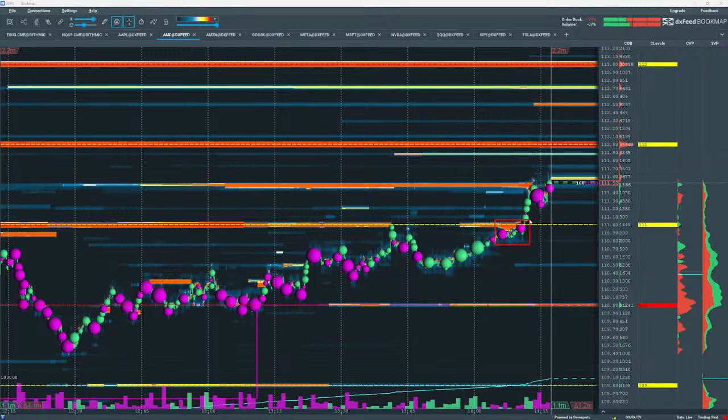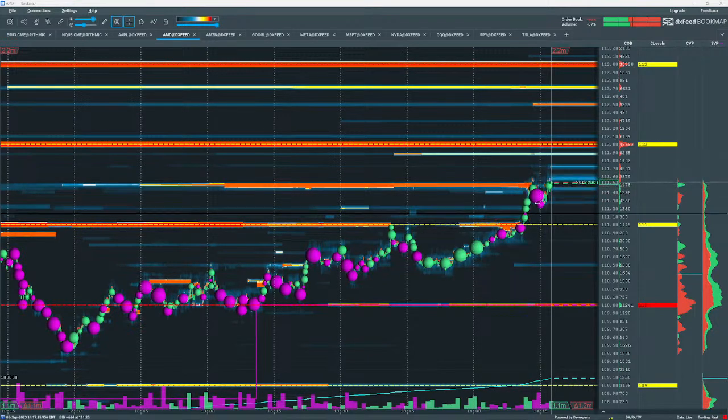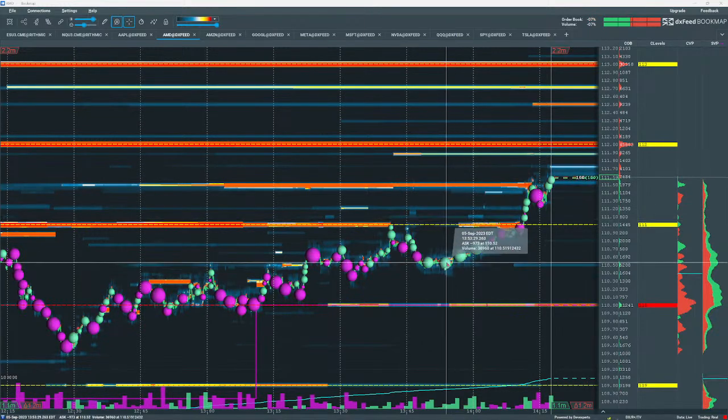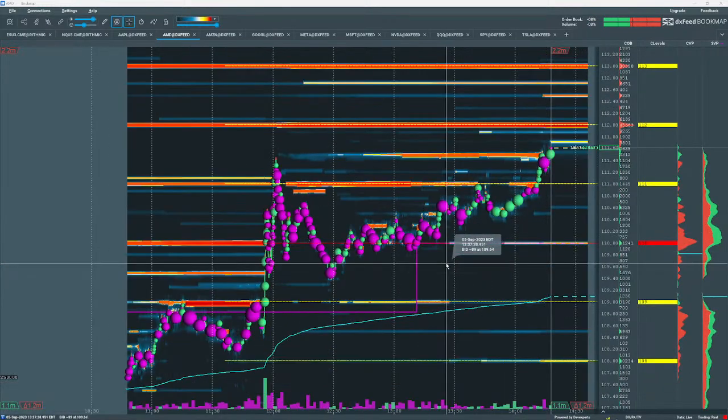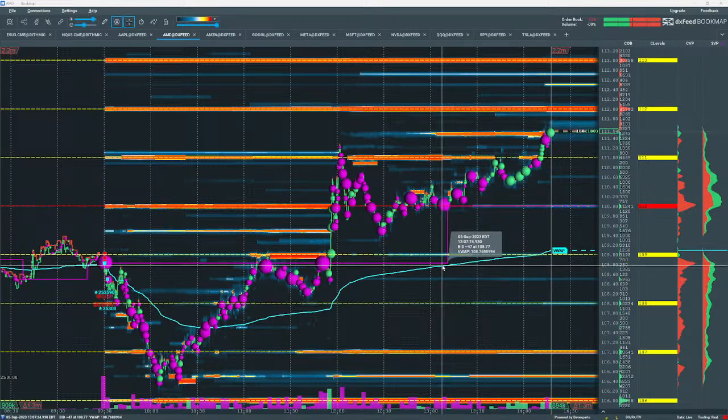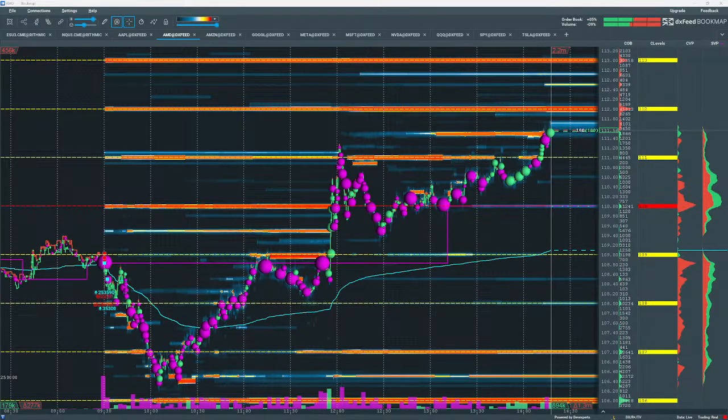So here is the alert right around here. Sometimes they're timely, sometimes they're a little bit late. They're not perfect, so it's not just a buy and sell signal. You have to review it, confirm it before you take any action. Let's go back to